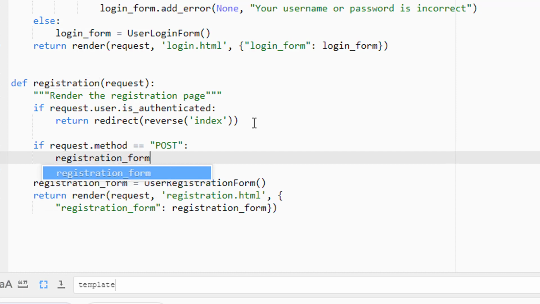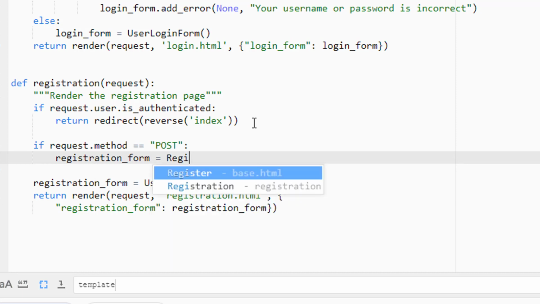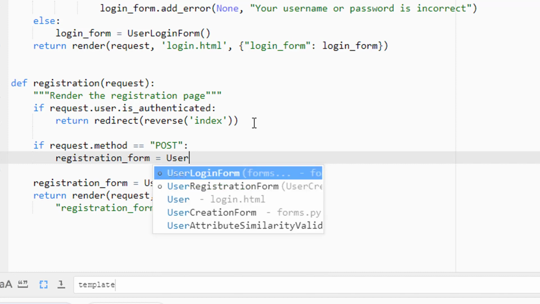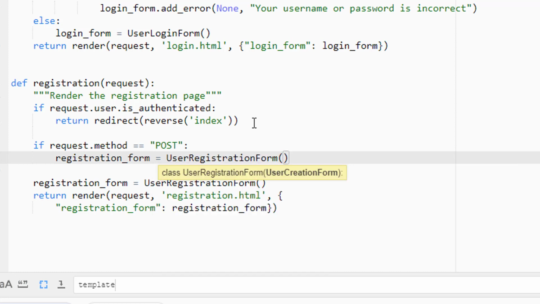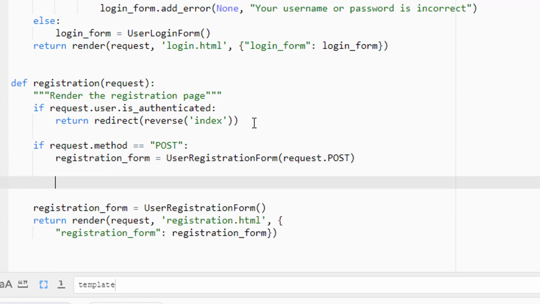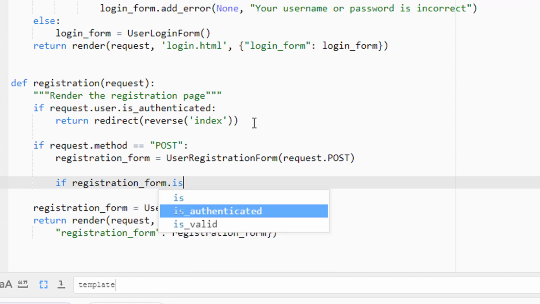And if it was a POST, then we need to instantiate the registration form using the values contained within the request.POST method. So we say registration form is equal to user registration form, and then we pass in the values from request.POST. The next thing that we need to do here is we need to say if registration form.is_valid,